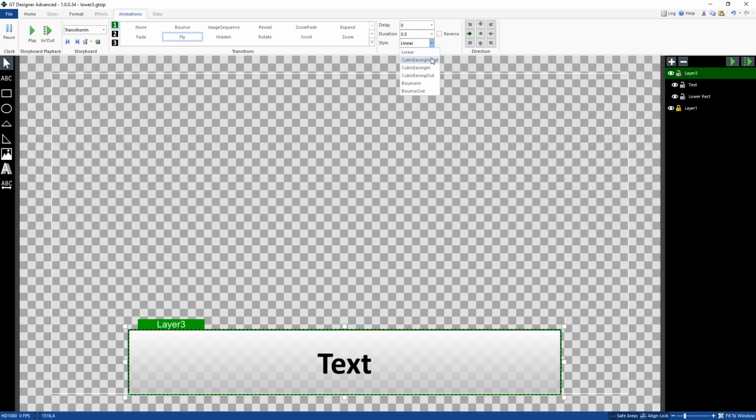The style here, I can do cubic easing in, out, bounce in, bounce out. So linear is a single speed. Cubic easing in will move in quicker, then slow down. Out will move slow and then quicker. So here's easing in, quick, slow. Easing out is slow, quick. And then in, out is both ways, so fast, slow, fast, slow. And so yeah, that is